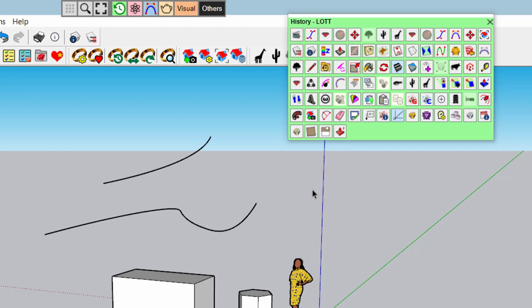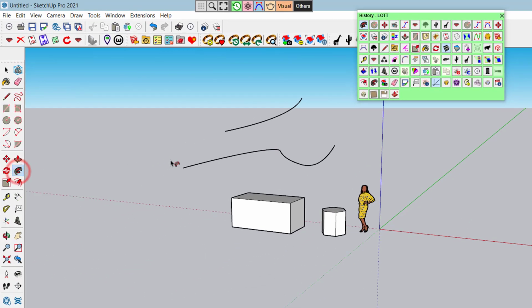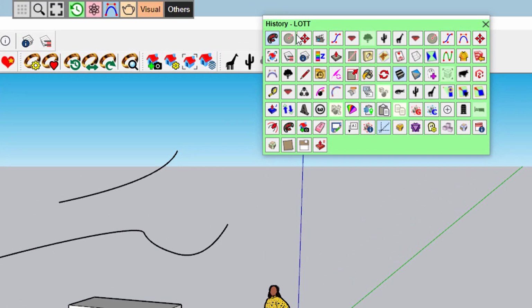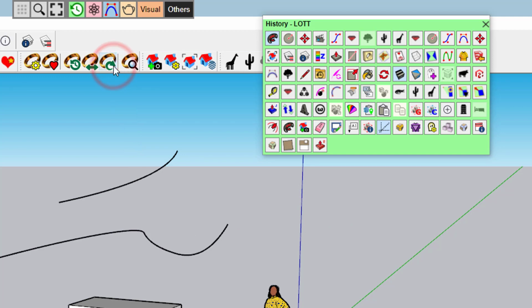It works also for native commands when you call them, even by shortcut. So, for example, move here, circle, or if I call them here by the icon, they are recorded in this history. So it is relatively easy to access the latest command. You have even a button here to access the very last command.